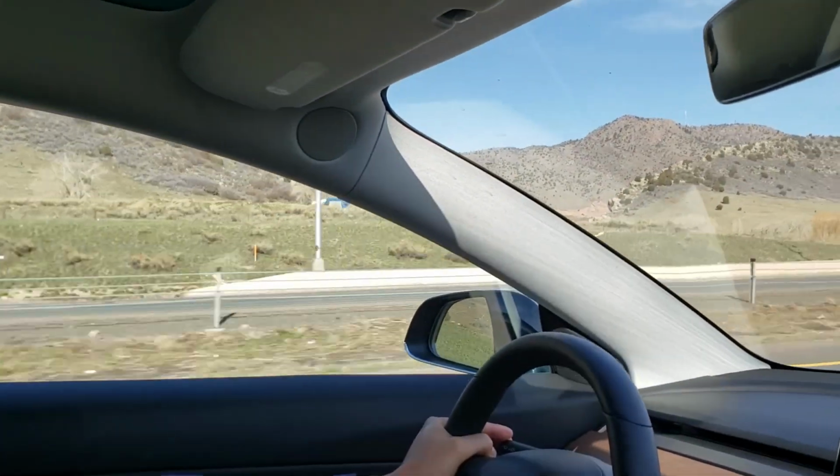Hey, my name's Tony. Today we are going to be testing whether coasting in neutral in your Tesla actually adds to your energy efficiency. We're driving through the mountains of Colorado. There's Red Rocks Amphitheater, and we're about to drive down a 7-mile long coasting stretch of I-70. We're going to do it twice, once in neutral, once just using the accelerator, and we'll see which one is